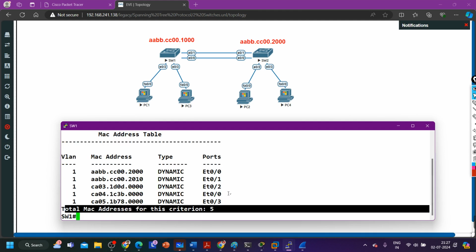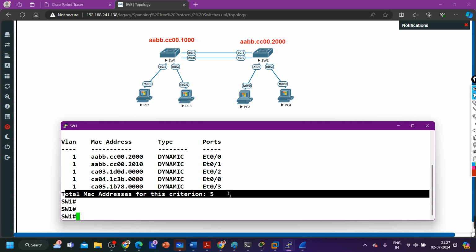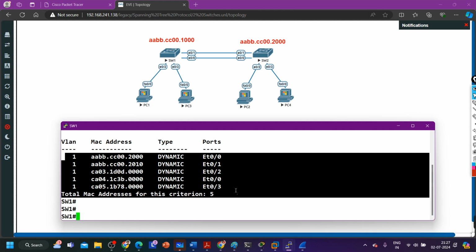Done, guys? Yeah, the PC is forwarding traffic to the switch, and when the switch is receiving traffic on its interface, it is learning the source MAC. So we have 5 MAC addresses in the MAC address table, and this switch has learned all these MAC addresses dynamically,